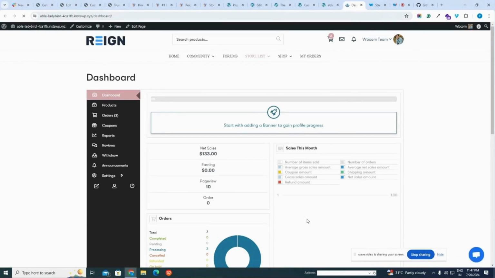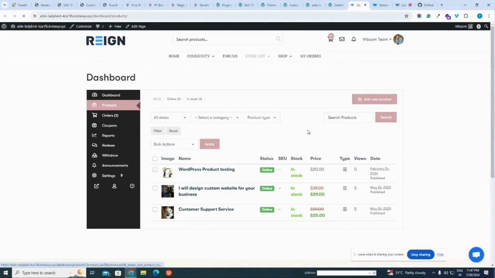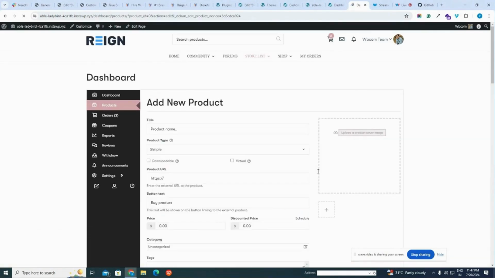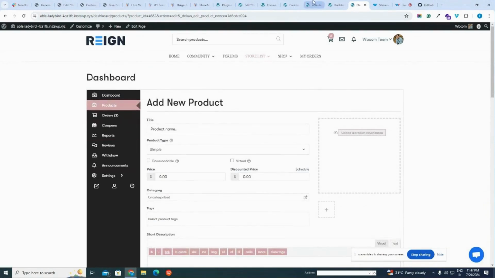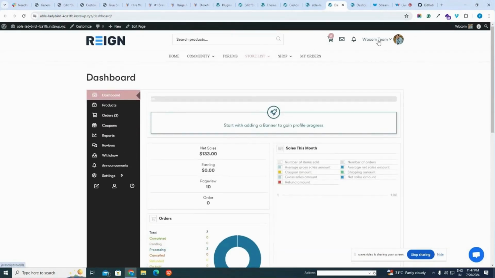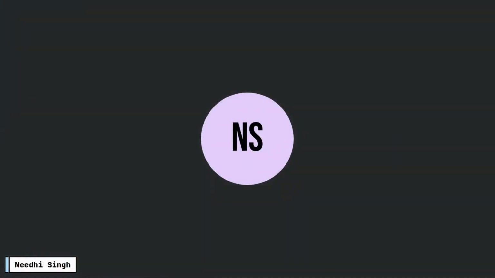The theme is compatible with the Dokan plugin, and we already provide some Dokan extended features. So let's have a look at how the Dokan dashboard looks, from where the vendor can add products. From here the vendor can add products, and the other members can visit their community profile to see what they sell. So this is all about StoreMate Dokan.